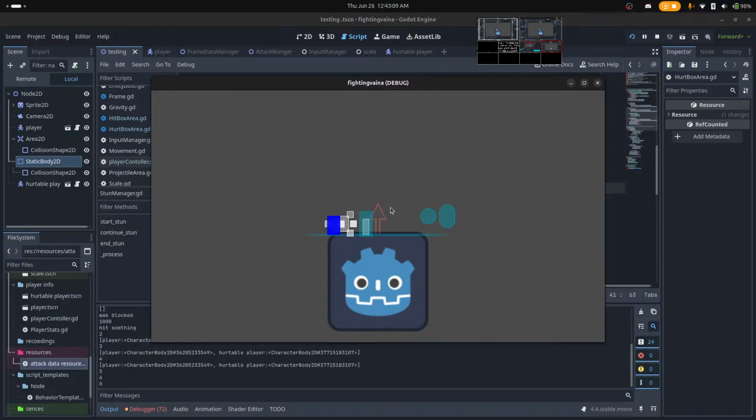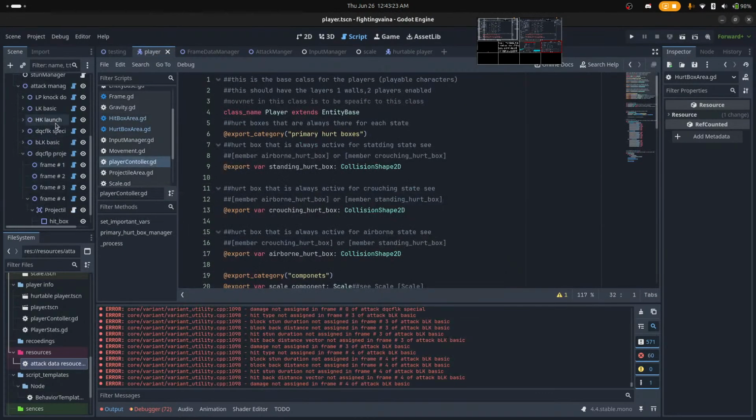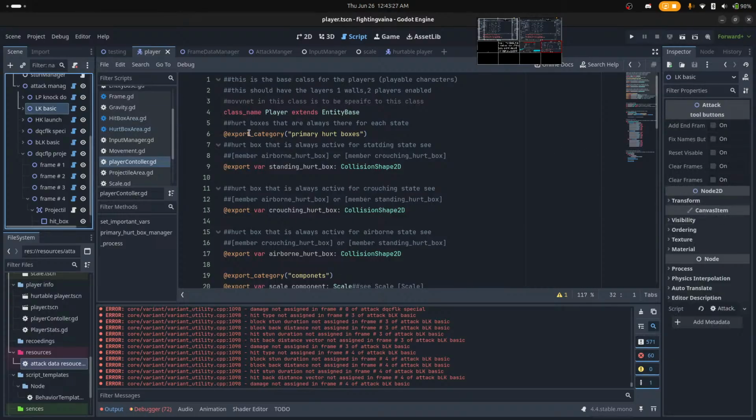Okay. Something's blocked. I hit this sometimes, it doesn't move. No. Okay. I've been using light kick for the most part because light kick is basic. Go to this thing. Open hitbox number 1.